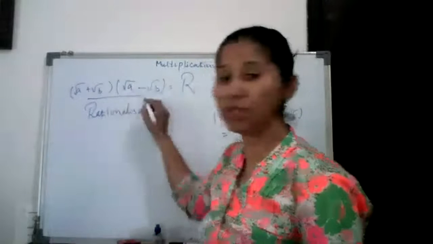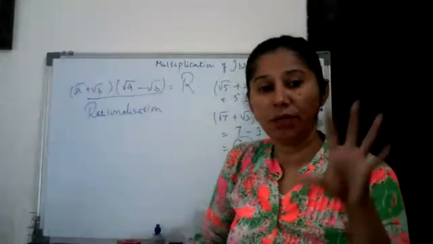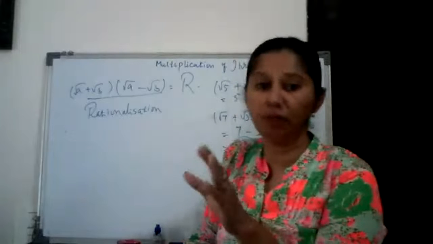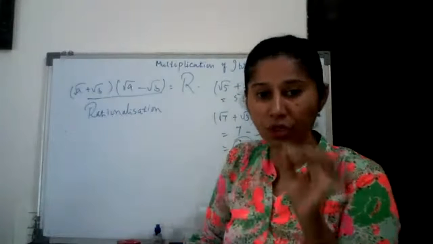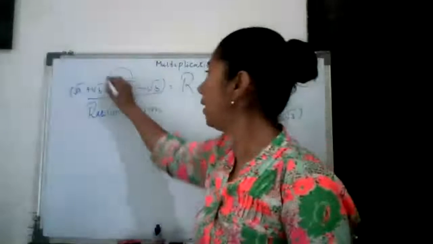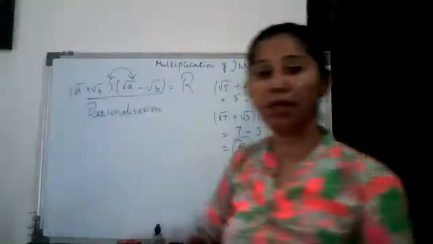Okay, इस प्रोसेस को हम क्या कहेंगे? Rationalization. मतलब जहाँ पे हम irrational number हमें दिया हुआ है, तो हम उसको rational में convert करेंगे. Okay, so did you understand this process? This is called rationalization. और ये जो number है, ये नंबर एक दूसरे के, जैसे कि हमने कनेक्शन किया हुआ